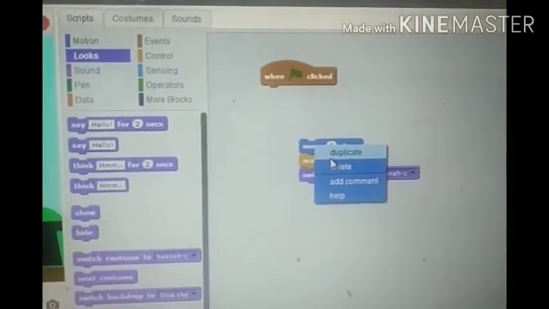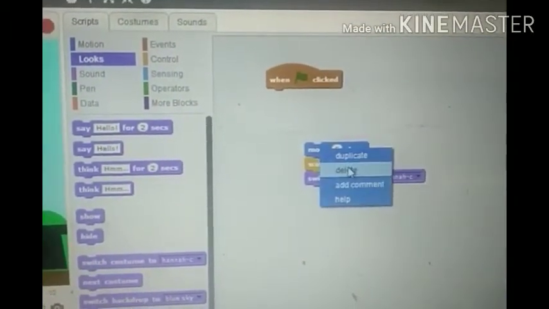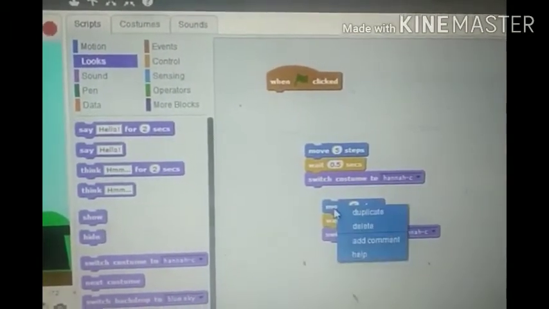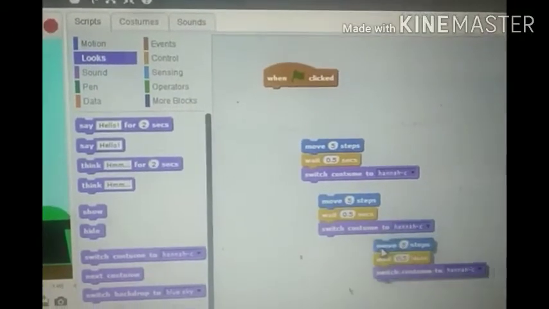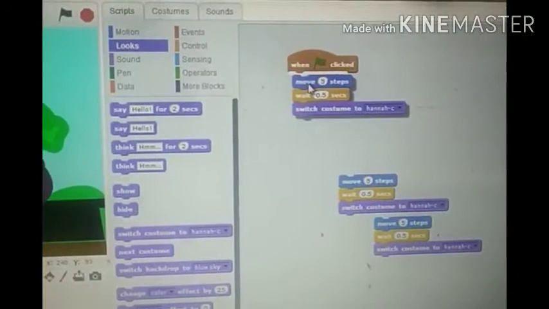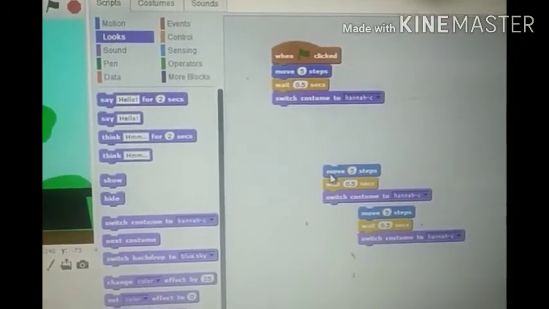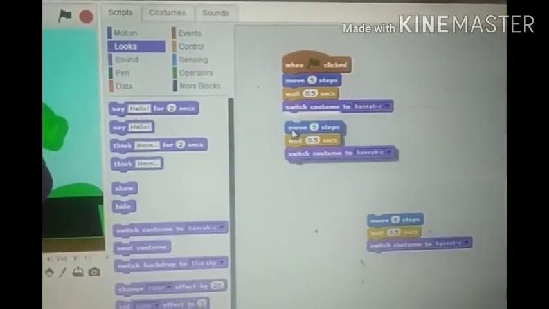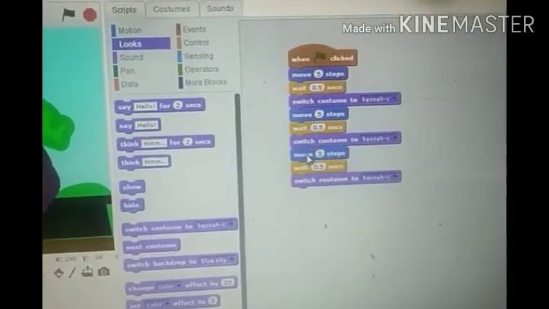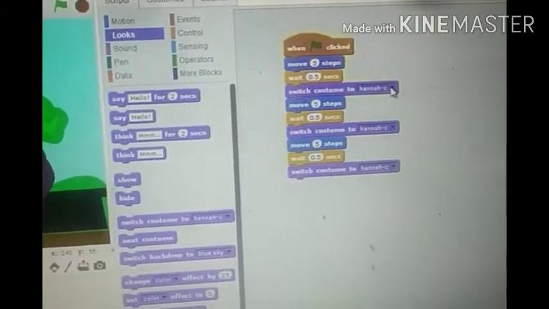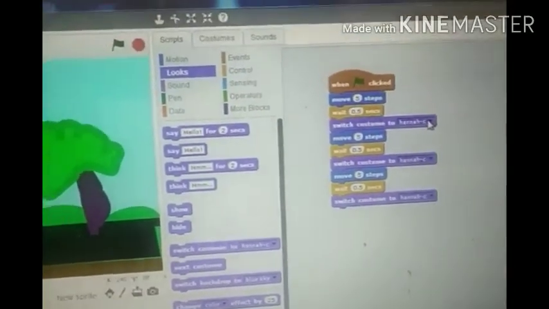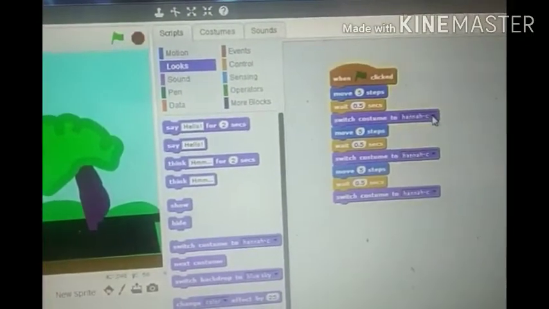So right click, duplicate, and move it down. What happened now, you will join them, moving from 1, 2 and 3. Every time Hannah's costume should change. So first of all it was A, now A, B, C you will see.